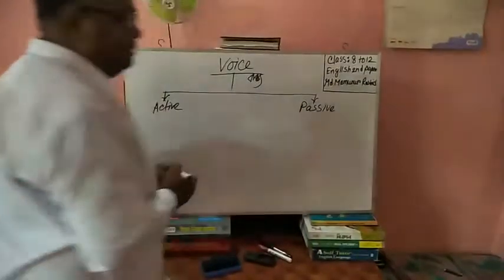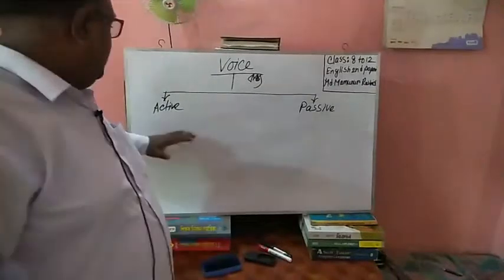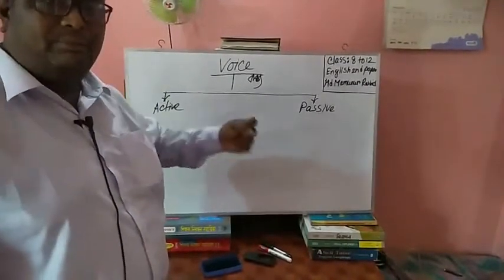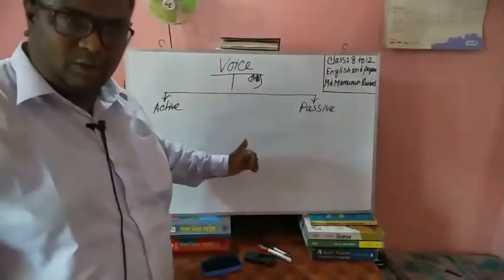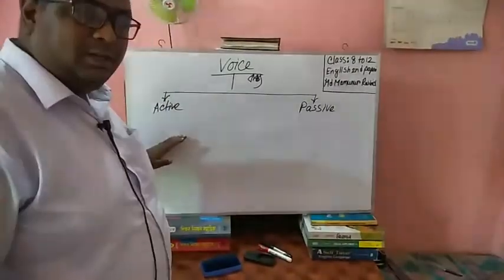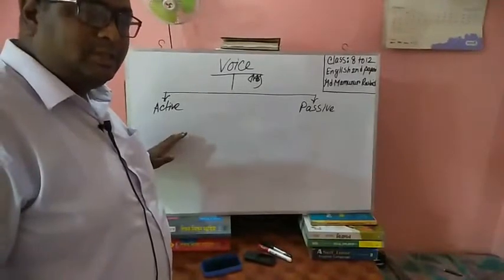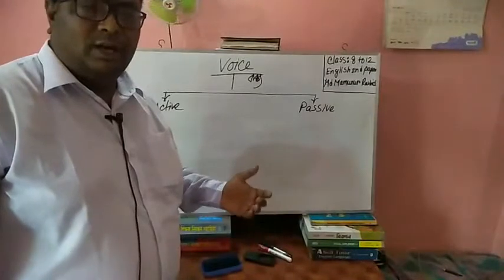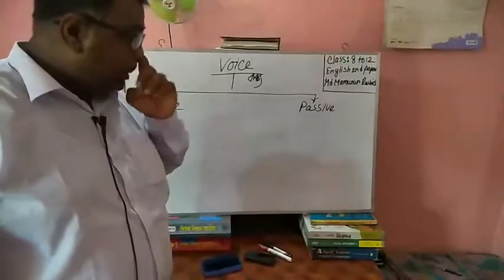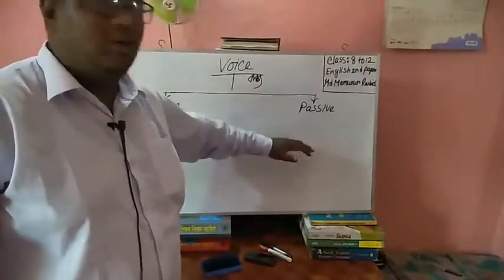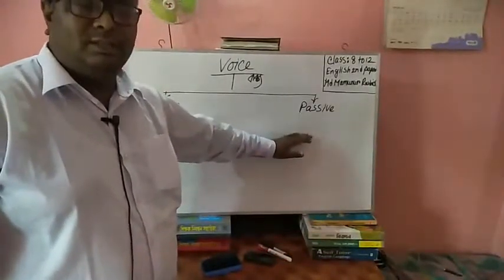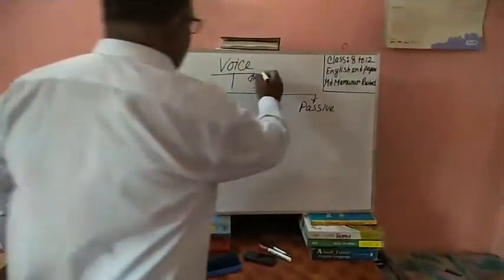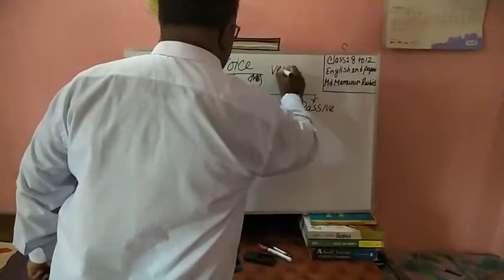Passive. Active and passive. When the actor does any work actively, অর্থাৎ নিজে যখন কোনো কাজ করেন, then we can say such kind of sentence is an active sentence. And when the actor is inactive, অর্থাৎ নিজে কোনো কিছু করেন না, তাকে দিয়ে করানো হয়, then we call this sentence passive. So voice mainly deals with verb.